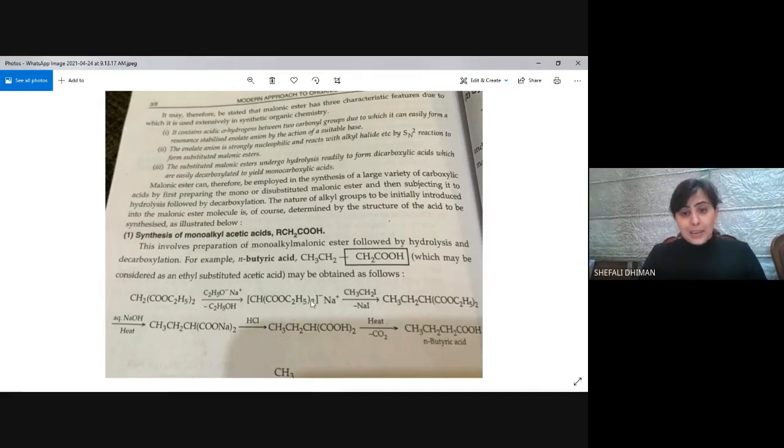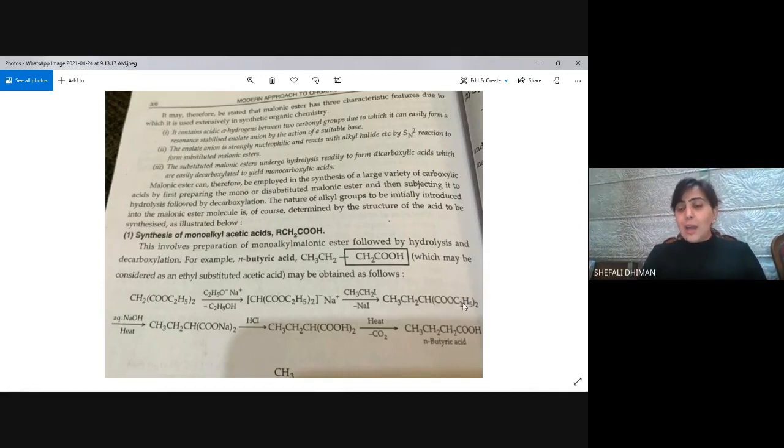I will react it with the negative charge, the carbanion generated from the malonic ester, which is an SN2 reaction, to form this ester, which is now CH3CH2CH(COOEt)2. The purpose is to remove these groups, and there are two of them.